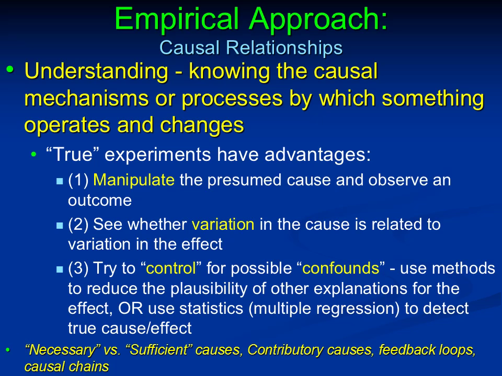The last thing on this slide that I want to make sure to point out here is down here. The book has a short piece on causal relationships, some sort of categories of causal relationships, necessary relationships versus sufficient, right? Necessary versus sufficient causes, contributory causes, and feedback loops, and other causal chains. And you should take a look at those pretty closely there in the book on page 60 and be familiar with those concepts. They're not very difficult.